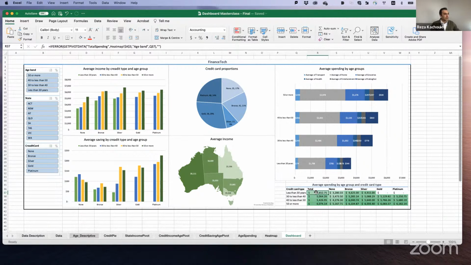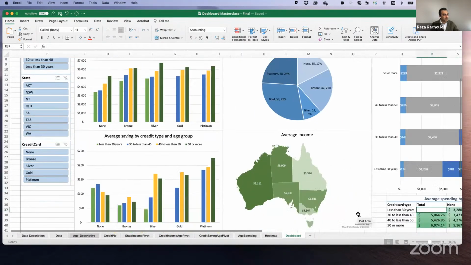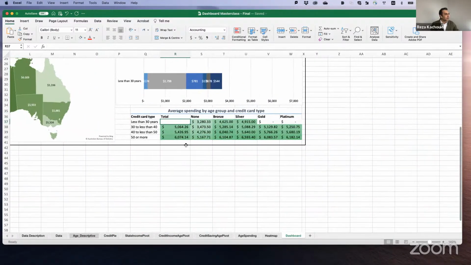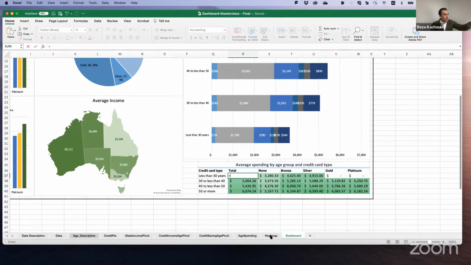Okay, let me delete this data point, the first one. So I'm going to say for the first one, Sam, let me zoom in a bit. Equal sign, if it allows me to type. I go to my heat map. I am talking about the total.